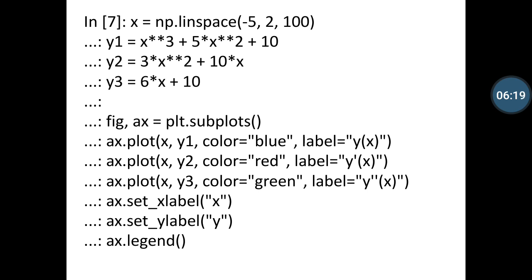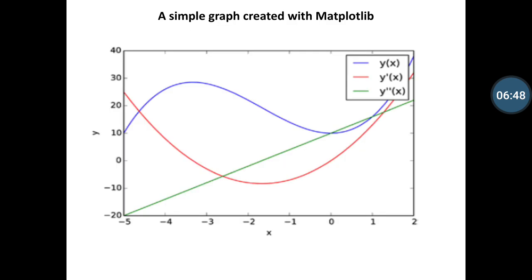You can see that I am defining here the colors blue, red, green with a label, an assigned name, in our graph. Then ax.set_xlabel('x axis') and ax.set_ylabel('y axis'). The ax.legend function is called here. Then after running the code, a graph is represented in this form.